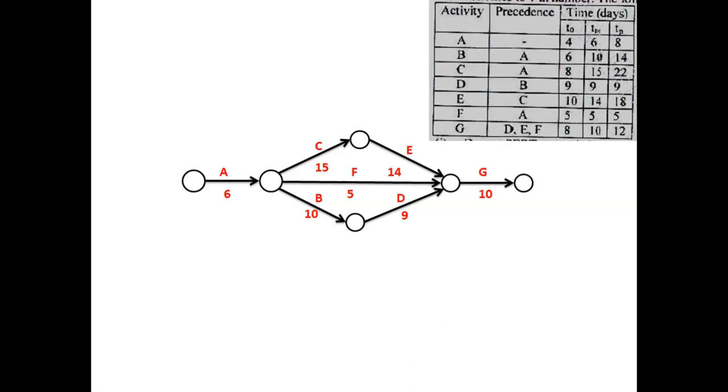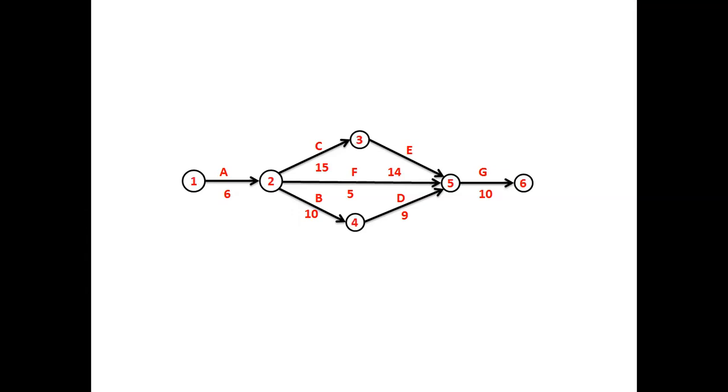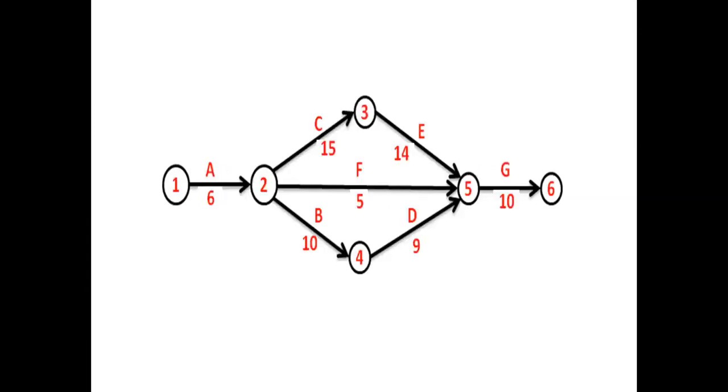Then afterwards, as usual, we have to calculate the earliest start time and latest finish time. Before that, let us give the numbers for the nodes. So here, these are the node numbers given as per Fulkerson's rule. The next thing is to find out the earliest start and latest finish time for all the events. Let us expand it so that you can conveniently write the earliest start and latest finish. For the first event, earliest start is taken as 0, 0.